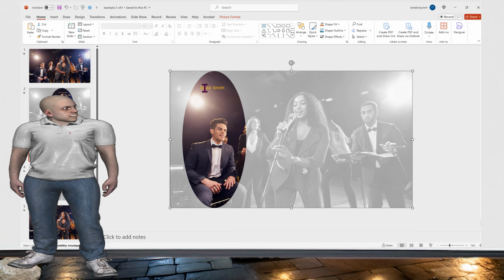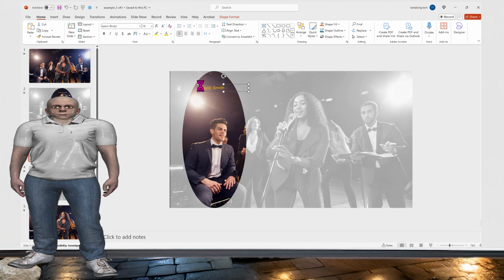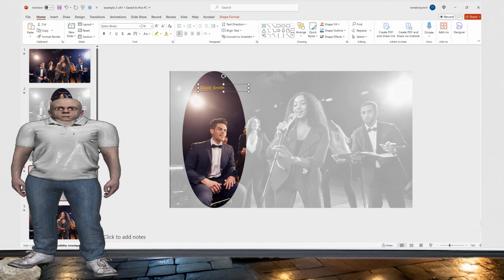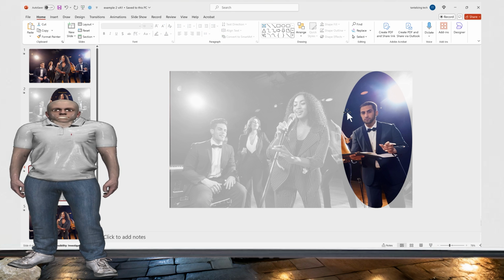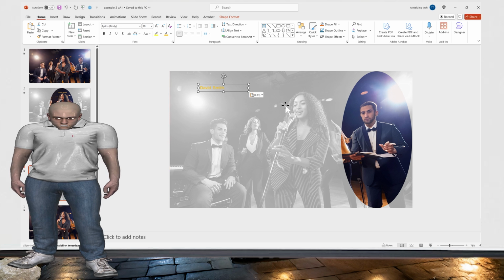So we now have that above David Smith's head. We'll click on the right hand side of this text box and do a Control C to copy it and bring it down to the 4th slide, and then do a Control V to paste it. Now we can see that David Smith